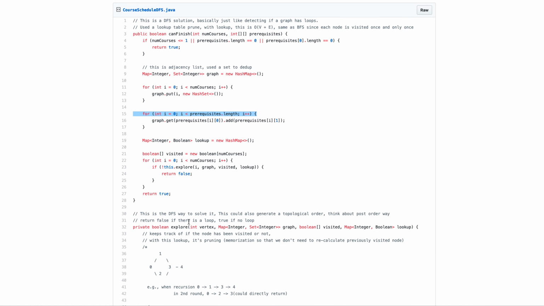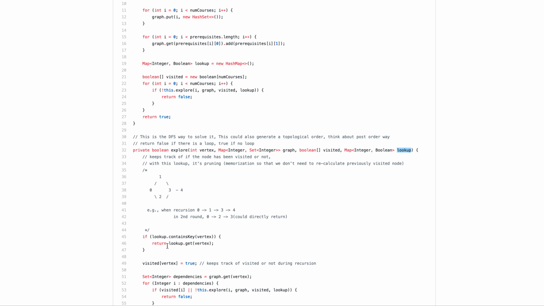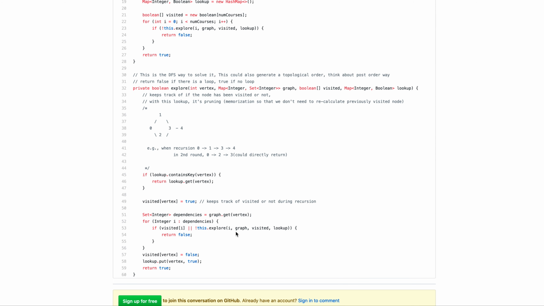If you translate that into code, it still represents a graph like this. And then you have a helper method called explore. In explore, I have a lookup table. This is basically the global lookup table, which is essentially your memoization. So once you're at node 3 again, you don't need to redo the whole thing afterwards. You can directly return. And also what you need to do is for each of the dependencies, you check whether it's visited or not. This visited is in your recursion step, you keep a visited array. If you already visited, it means there's a loop. You return, or else you just continue the